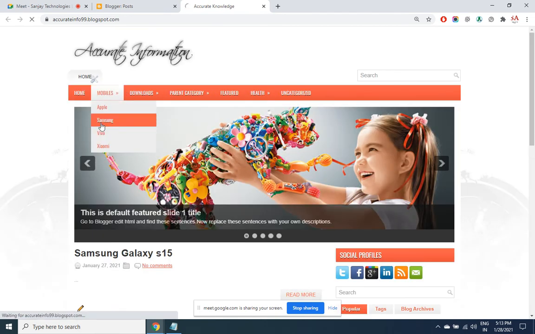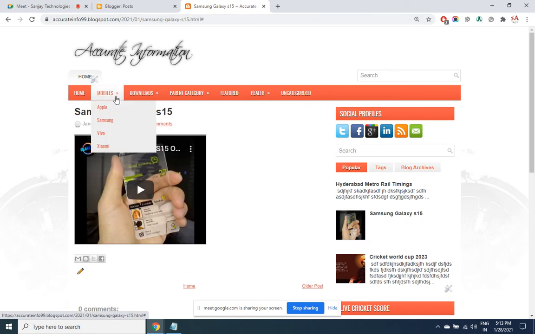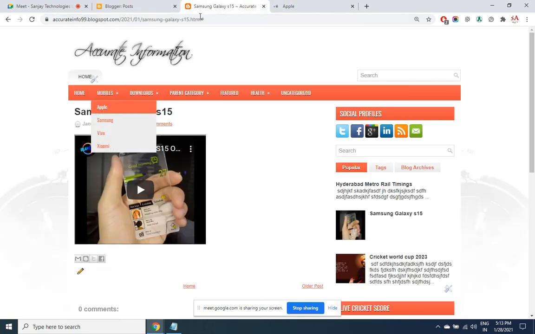If I click on Samsung, it's going to open in the same way, but this time when I click on Apple, it has to open in a new tab, like this. So your window stays as it is.